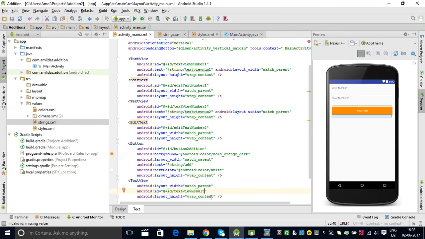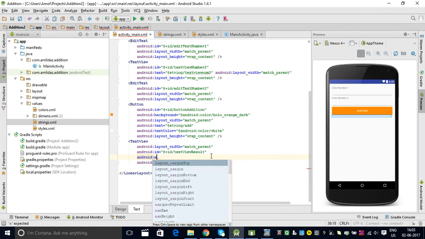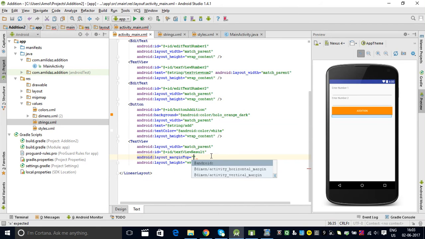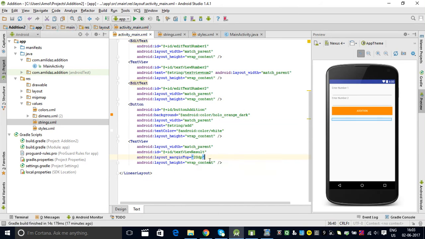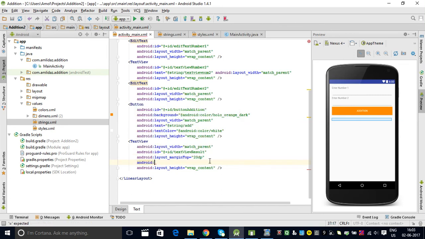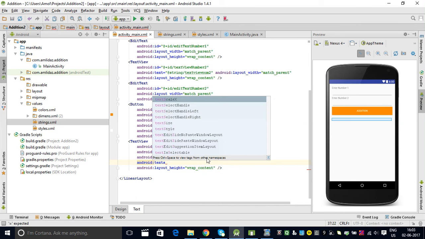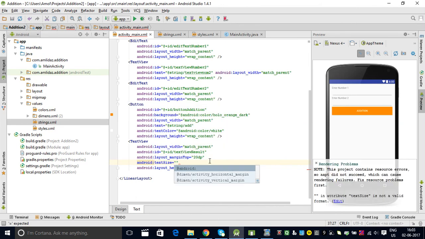Here the result will be shown. It needs some space from above, so I'm using the layout margin top property, like 20 dp. I want it to be big in size, so I'm using Android text size 25